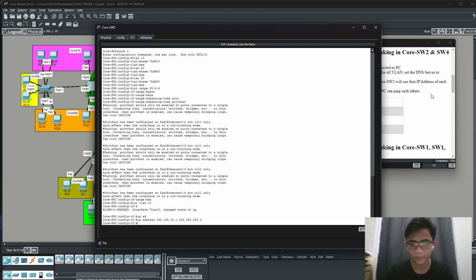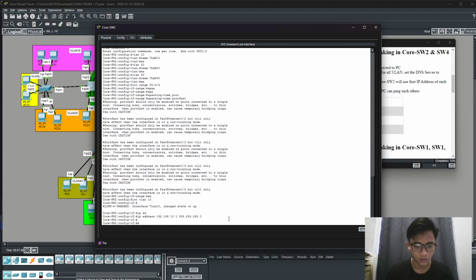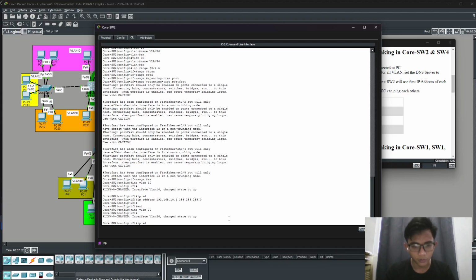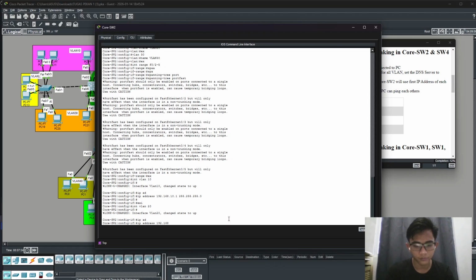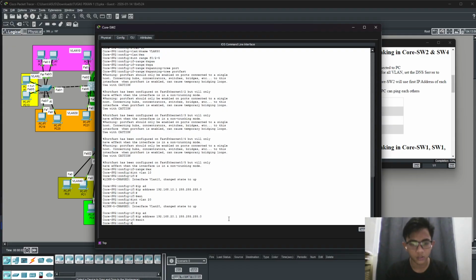Finish, exit. Interface VLAN 20, IP address is 1, 255.255.255.0. Okay, exit.